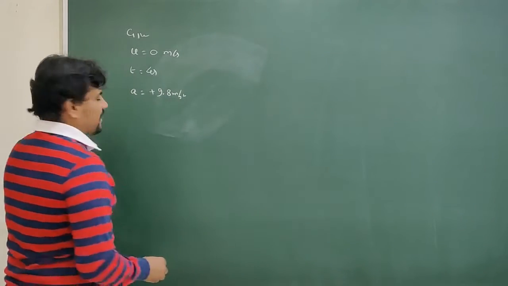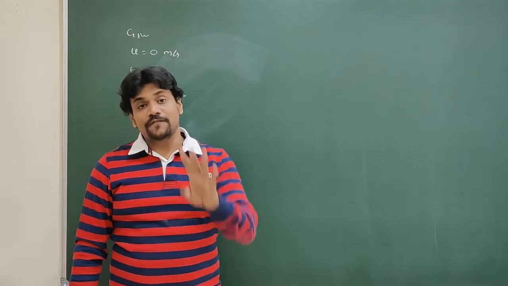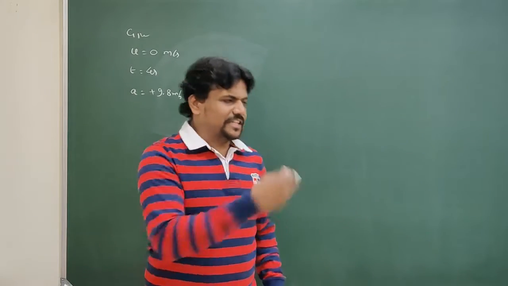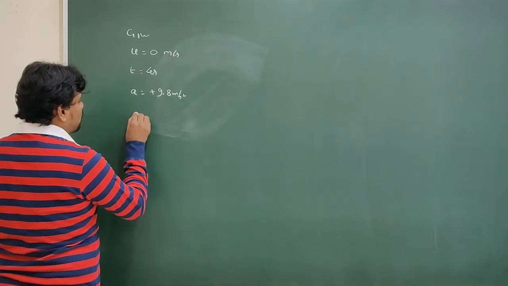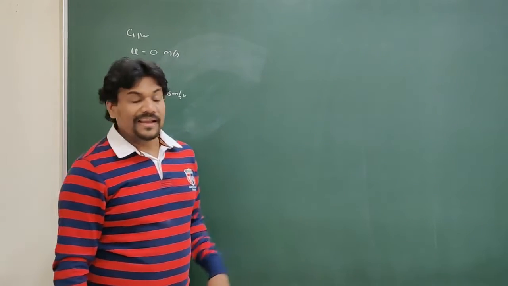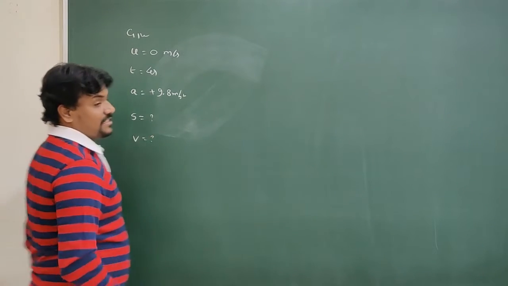So we have 3 things given, although it only said one. An object is dropped and reaches the ground in 4 seconds. Only 4 seconds were given. But with the statement we could find there were 3 things given actually. We are supposed to find the height from which it was dropped, that is displacement. And also we have to find the velocity with which it strikes the ground.